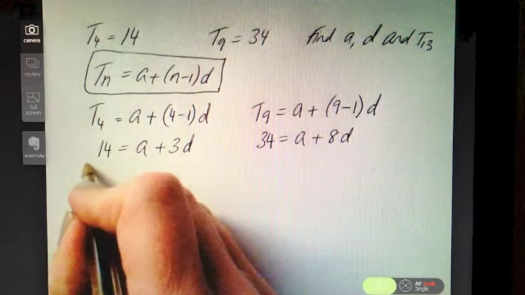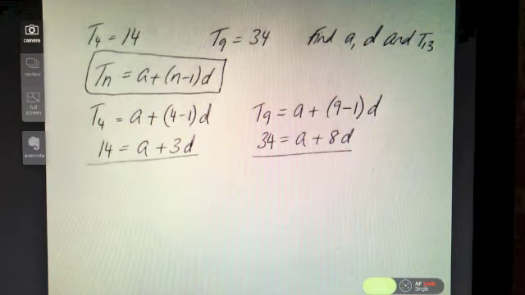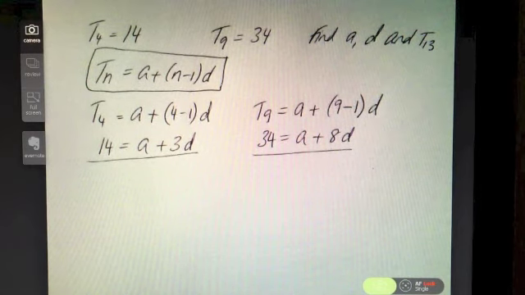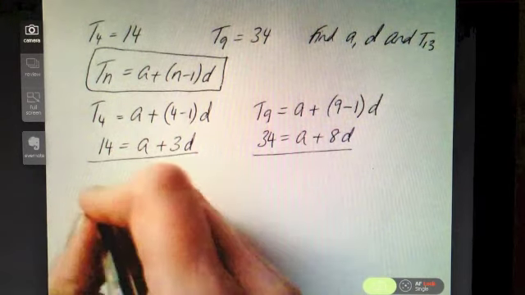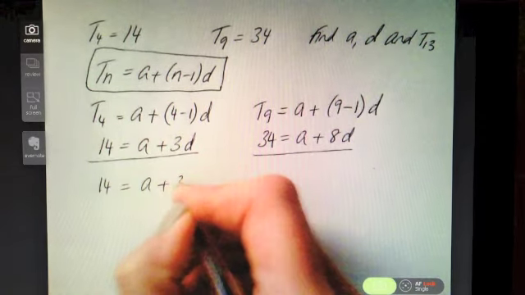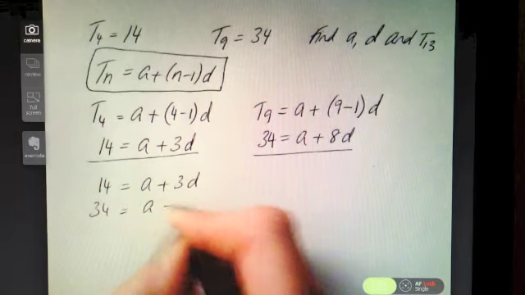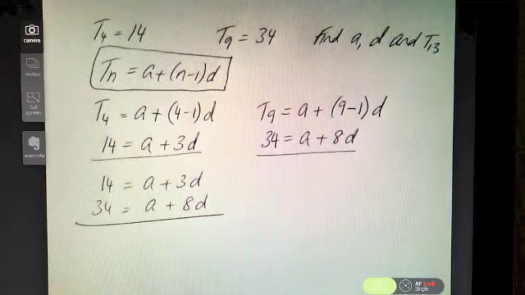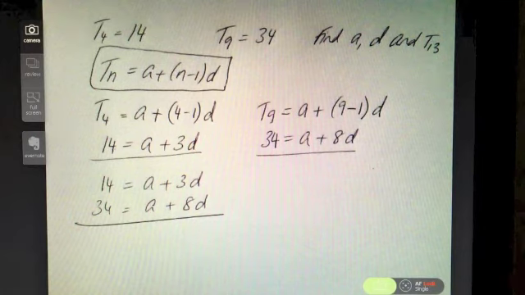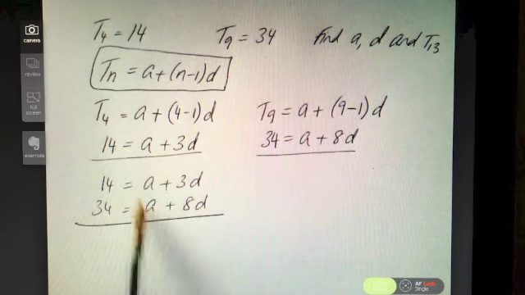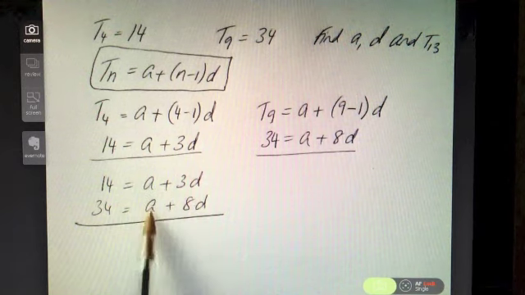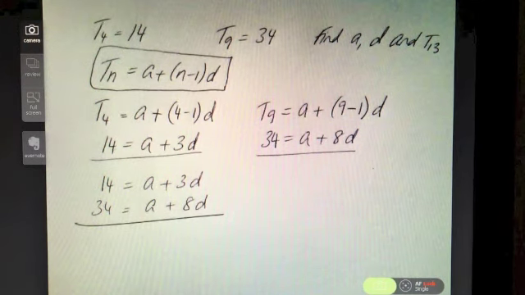Now what I have here, I've got two equations now in A and D, so two equations, two unknowns. So in order to solve for this now, I will do simultaneous equations. So 14 equals A plus 3D, and 34 is equal to A plus 8D. And if you remember with your simultaneous equations, what I want to do is eliminate either the A's or the D's. Now it's quite nice here because the A's are already set up to be easily eliminated. In other words, I have the same amount of them, but obviously I need them to have different signs so that they will cancel. So what I'm going to do is I'm going to multiply the top line